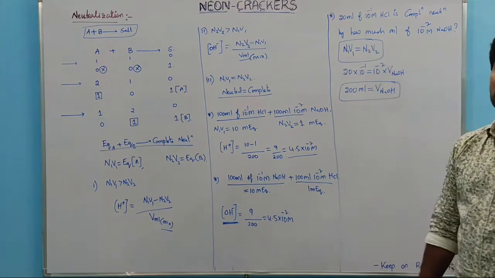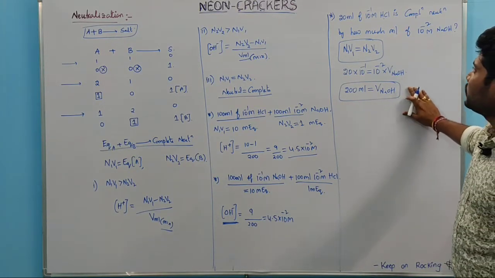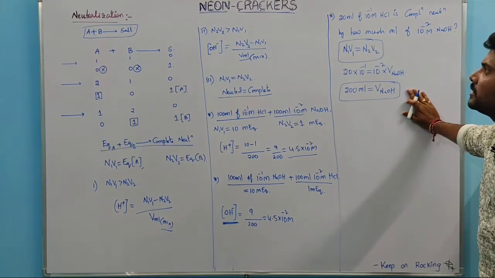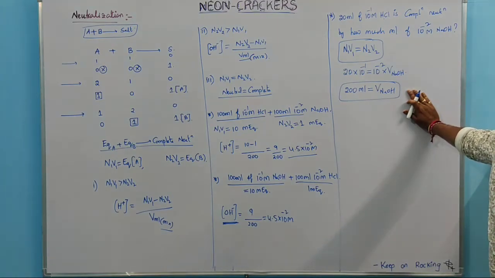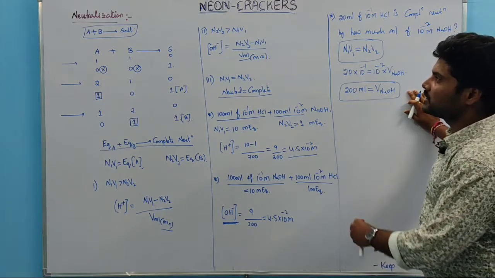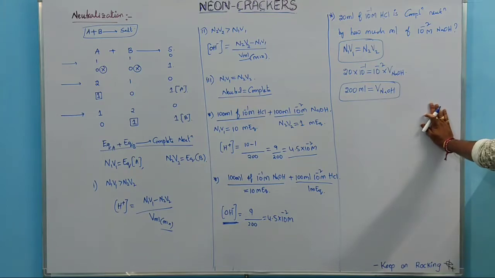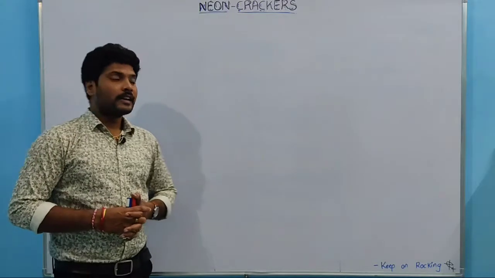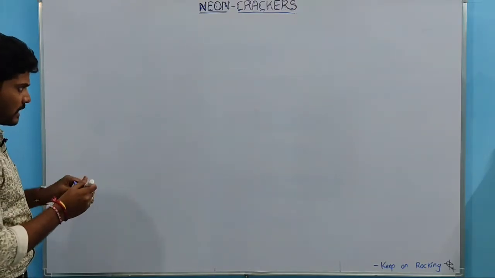200 ml is required. So this is how we can do the neutralization reaction for acid and base. And the next one, neutralization reaction of redox. In the redox reaction, how it changes and how much is required, either concentration or volume. Let's see. Next one, neutralization about redox reaction. So here also redox reaction.